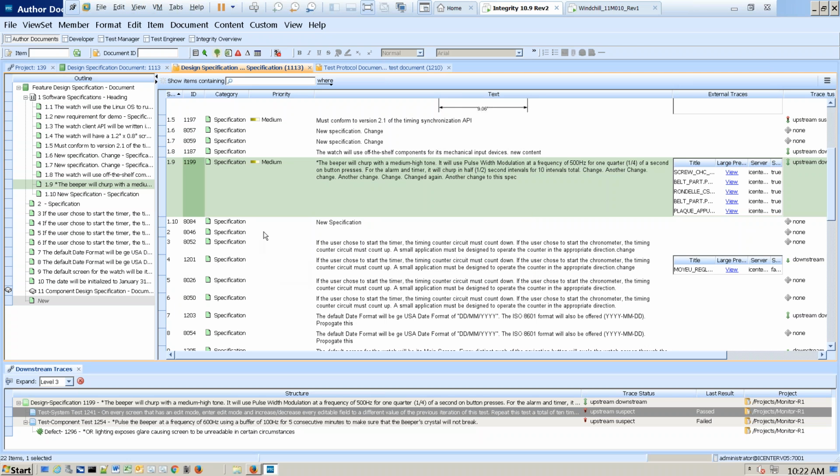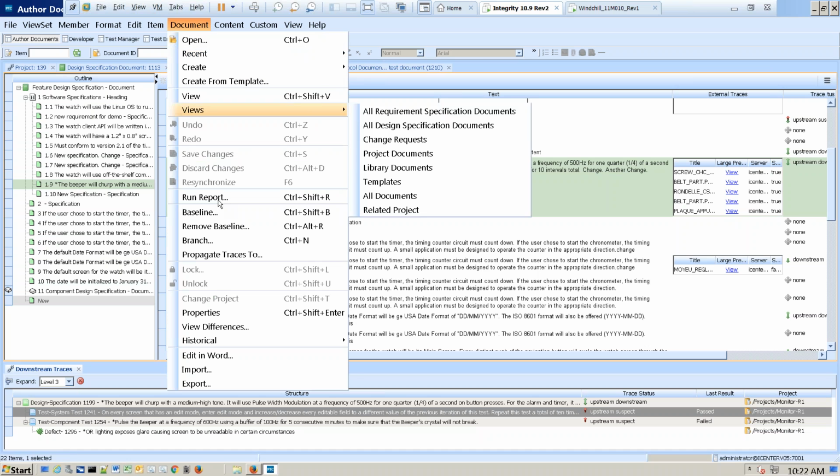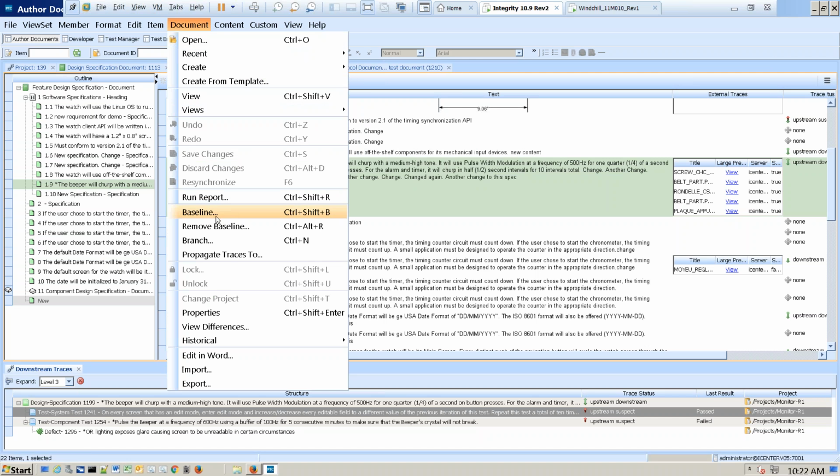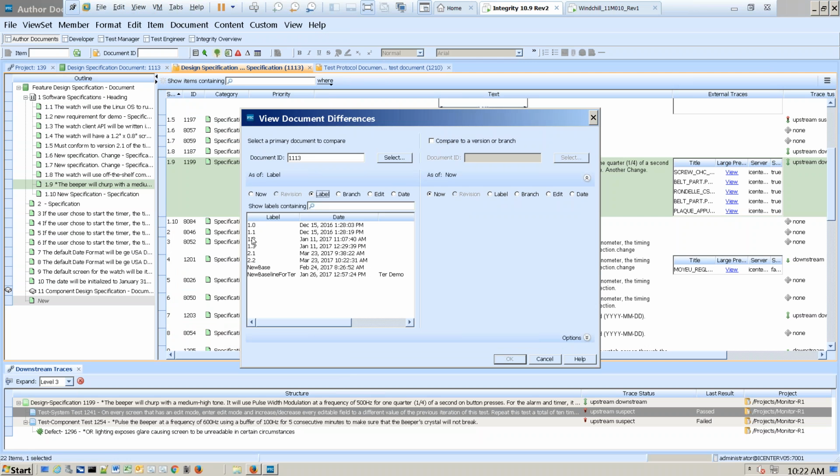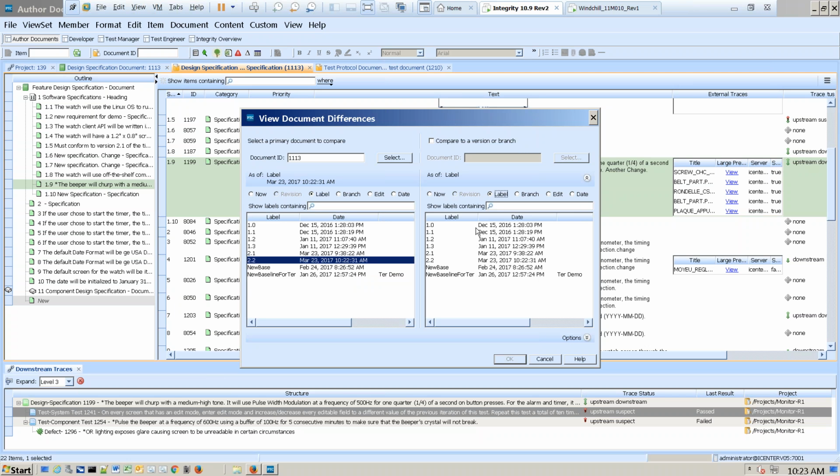Let's say it creates a baseline for me. And what that allows me to do is essentially version the document and then look at differences in that document over time. So if I look at the view differences option here, I can look at all the different labels that have been created. So if I want to look at the one that I just created and compare it to how this document looked originally, on the first baseline,